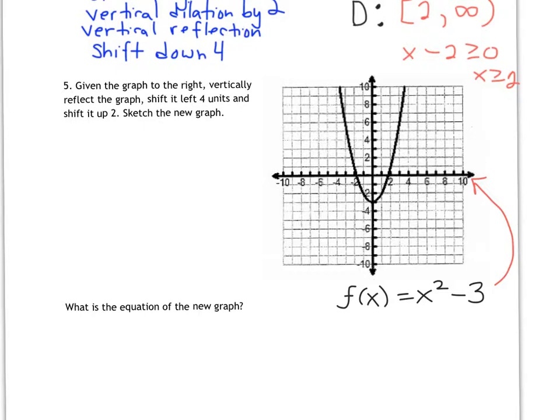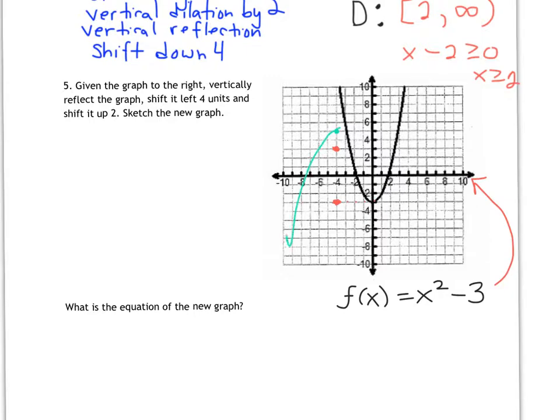So now what we want to do is shift this graph left 4 units. So we're going to make it go left 4 units: 1, 2, 3, 4. So I'm going to kind of track this vertex point. So I went left 4. And then I'm going to reflect it. I'm going to flip it over the x-axis. So if I flip it over, that's going to make this value at -3 pop up to +3. And then I'm going to shift it up 2 units. So if I go up 2, it goes to here. So this is my new